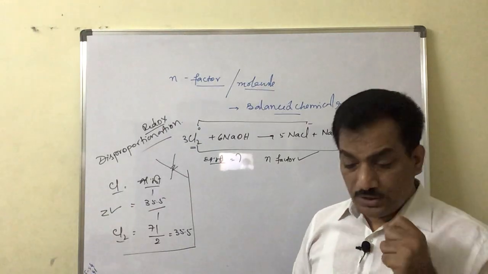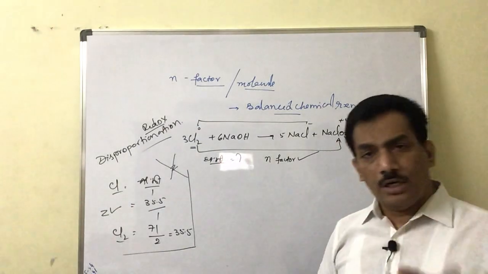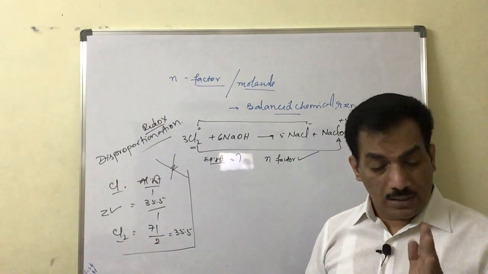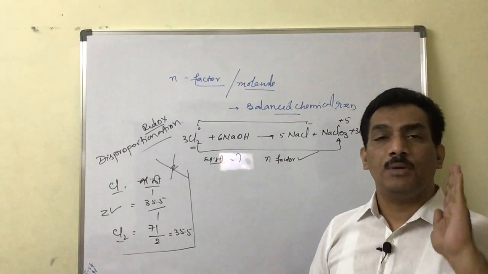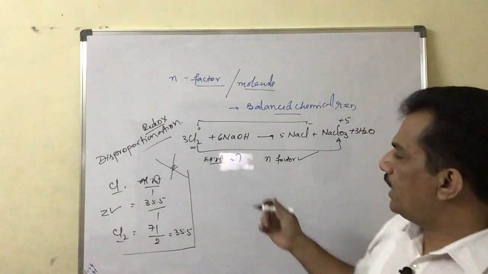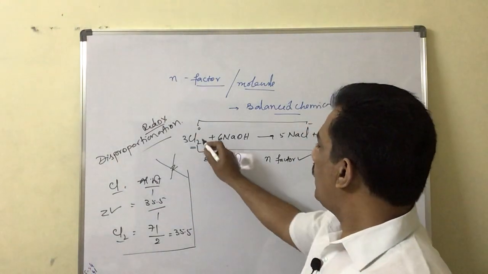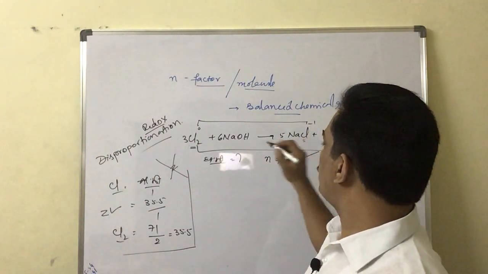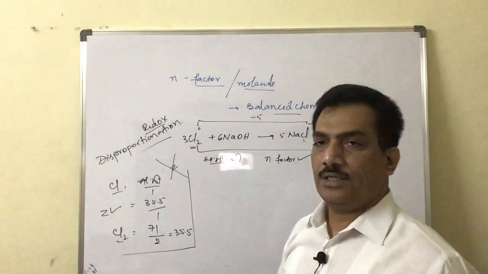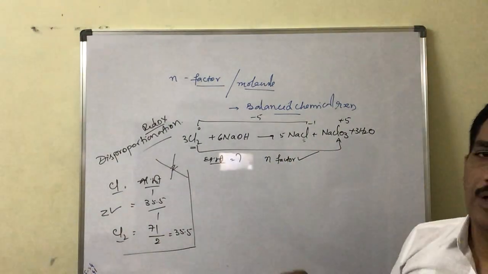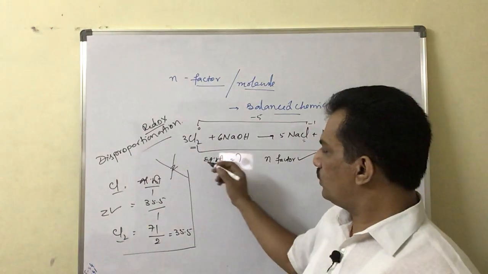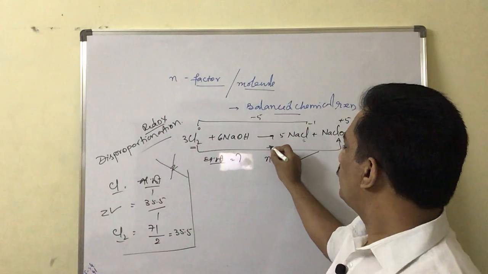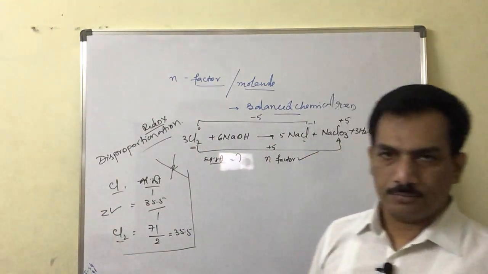So when 3 molecules are involved, we measure the change in oxidation state related to those 3 molecules. But when equivalent weight is asked, it should always be per molecule. Now when 3 molecules are involved, in the reduction, 5 atoms are changing their oxidation state to -1, that is, the oxidation state decreases 5 units. And here it is from 0 to +5, so 5 is the increase in oxidation state.